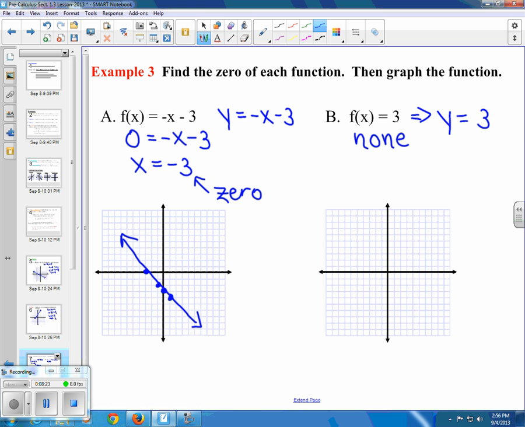Every point on that line has a y value of 3. So all I'm going to do is plot 3 on the y-axis and draw a horizontal line to the right and to the left. And that completes the material coming from